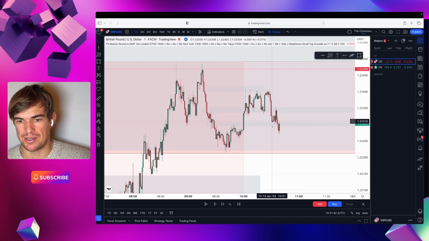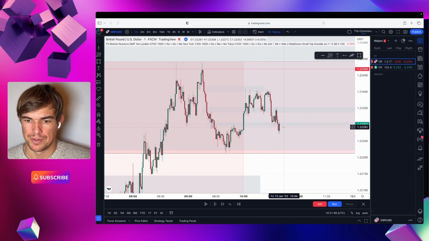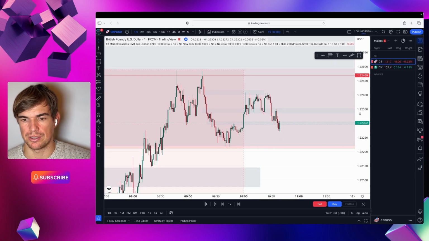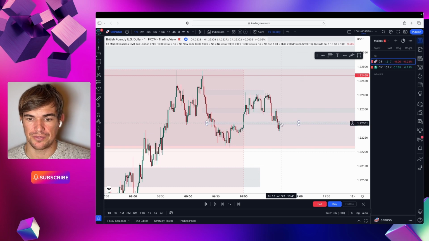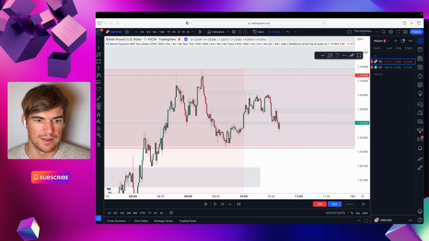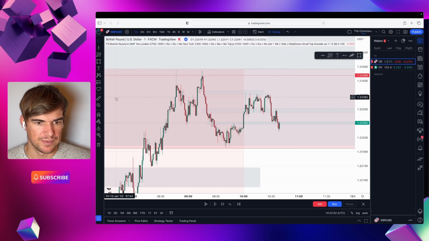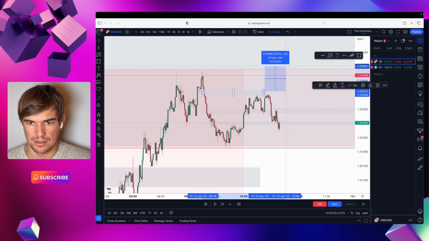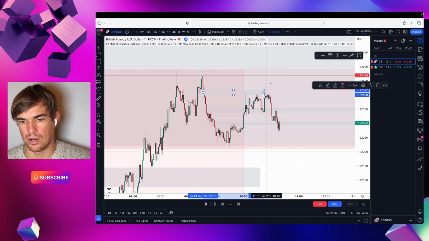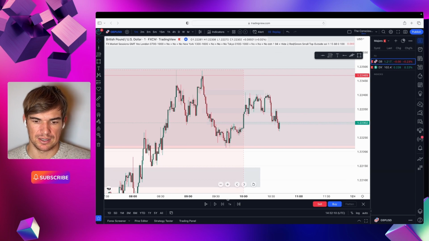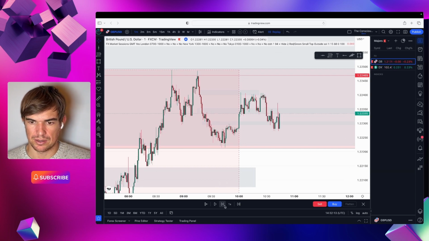When the price comes down here, I close this position for a tiny profit, like $8 or something, just to pay off the commission. Why? Because I have 2 positions in a better place than this, and I'm short in the market, so I don't want to be exposed. Because if I'm wrong and this goes all the way here, I have to deal with a trade that is 25 pips compared to a trade that is 8 pips. So I would rather have multiple positions up here. So you're constantly managing the trade like that. Then it comes back up